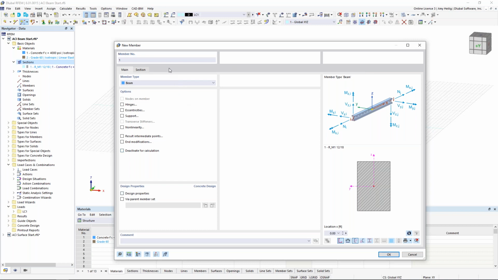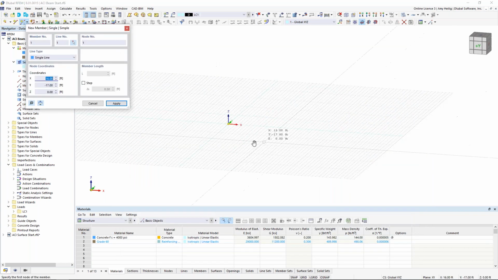When we have this unchecked, notice all of these tabs disappear up here at the top related to our reinforcement. We will only perform an analysis if this option is not checked. But of course, we're also interested in the design portion for our example today, so we'll go ahead and leave this turned on. We'll get back to some of these various tabs here in just a minute, but starting with